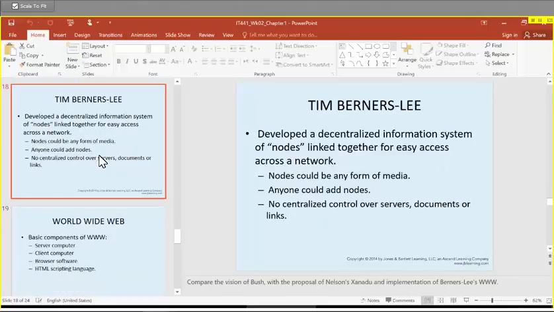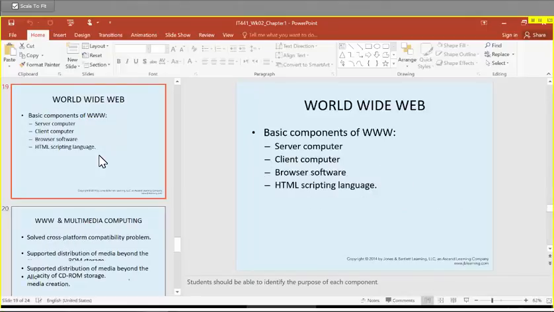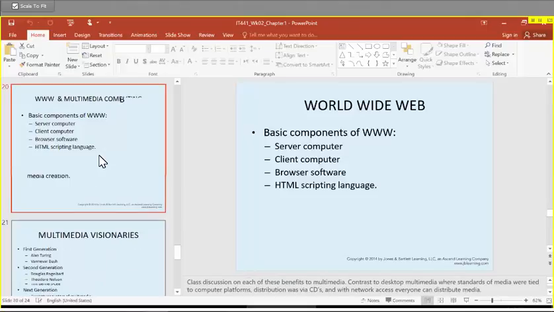Then we had Tim Berners-Lee, who developed a decentralized information system of nodes linked together for easy access across a network. A node could be of any form of media, and anyone could add nodes, and there would be no centralized control over the servers, documents, or links. And with this came the invention of the World Wide Web or Internet. The basic components of the Internet were servers, client computers, browser software, HTML scripting language, and